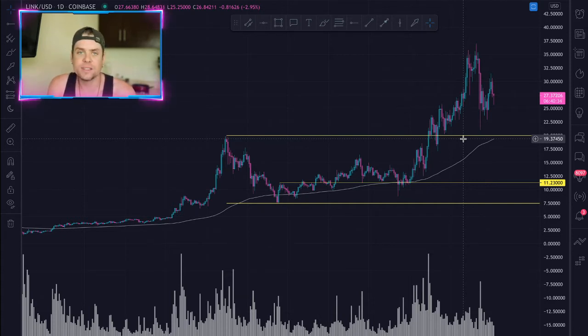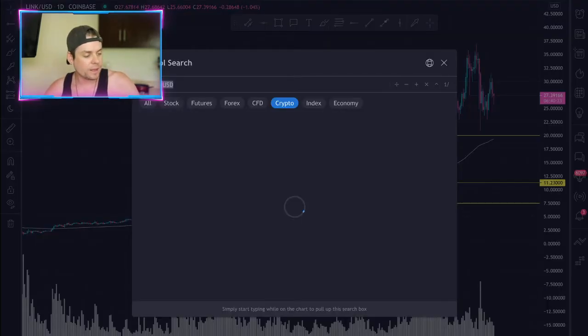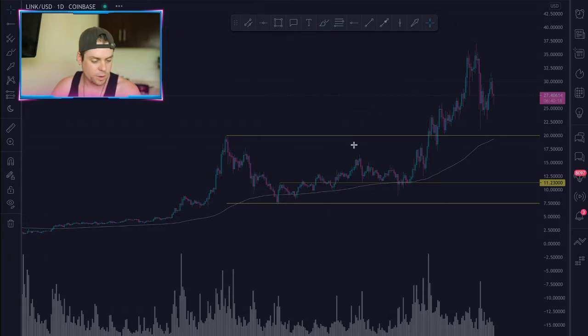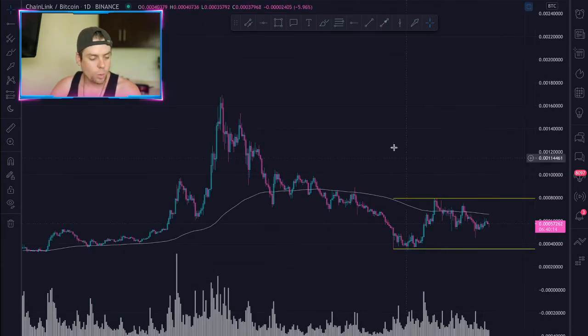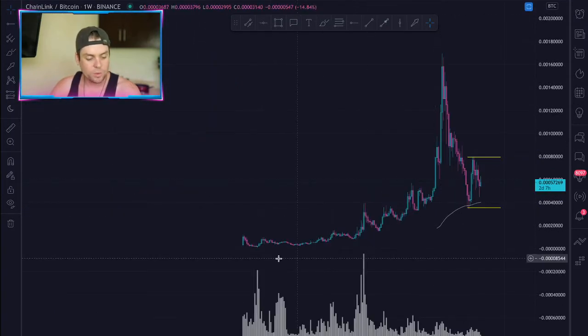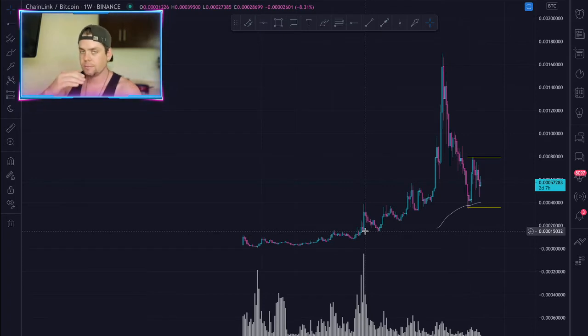It seems as though all the signals are there, the structure is intact, it looks bullish, we're getting all the bullish signs, but the follow through just isn't there. That got me wondering, why would that be? And I think it has to do with the Bitcoin pair. So if we take a look at Link BTC, going back to the theory of the whales, the large Bitcoin whales, when Link really went hyper parabolic, this may have been driven by an altcoin season where the whales participated. We'll often see altcoin seasons where there are many market participants, but there's a big difference.